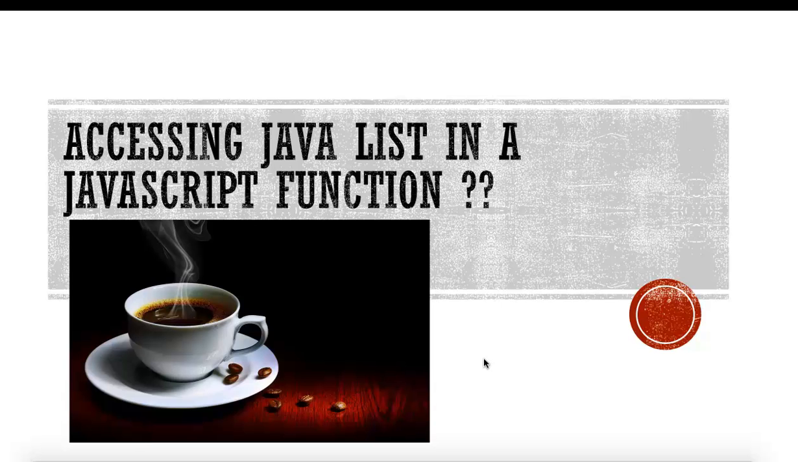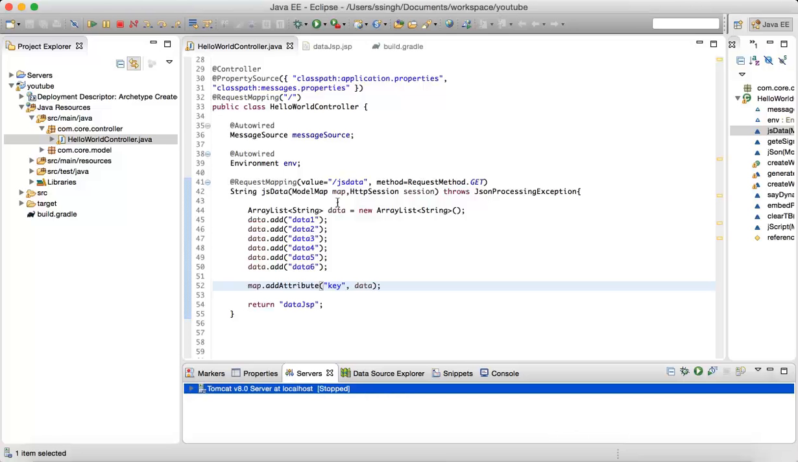So let me quickly jump onto my Eclipse IDE. And now, as you can see in this picture, it's all about accessing a Java list in a JavaScript function, and there is a hot coffee. So Java is always associated with a hot cup of coffee. So here you go. This is my